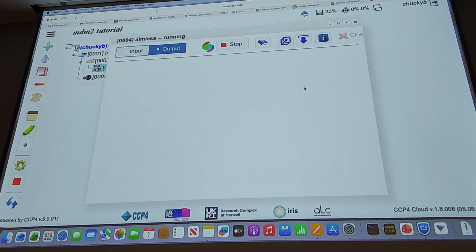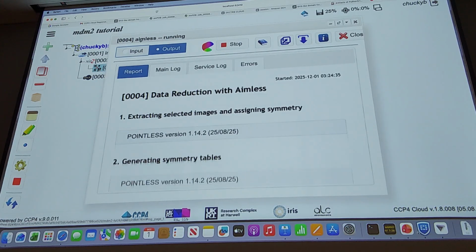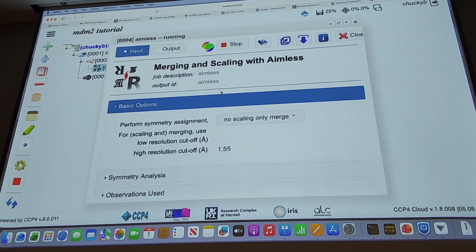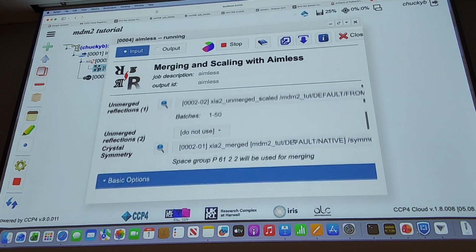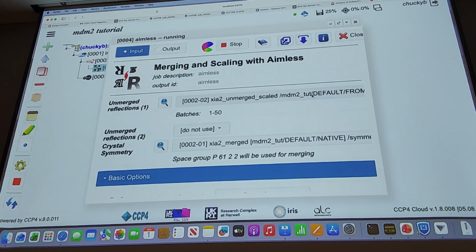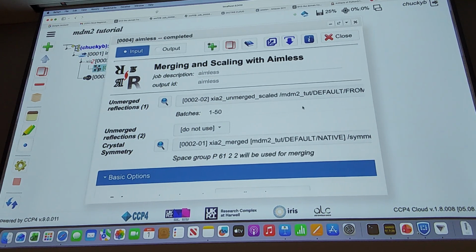Can you show that again? Okay, just the input, what you put in. Yeah, go back to the input, right? So what we've got is the data we took, which was just the default, an unmerged scale, number 2. I have decided, based upon looking at the R-merge versus batch, to get rid of the last 10 images. That doesn't affect my completeness, but